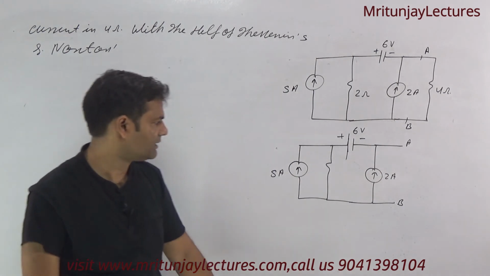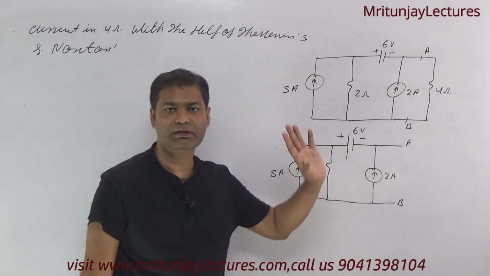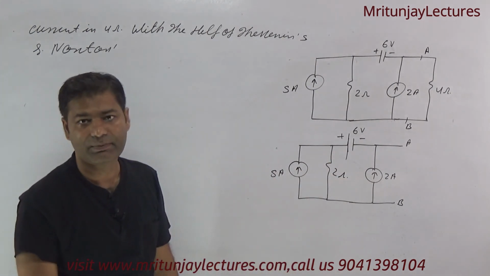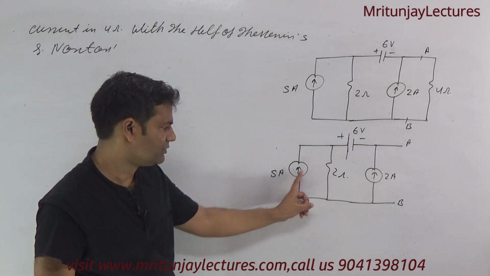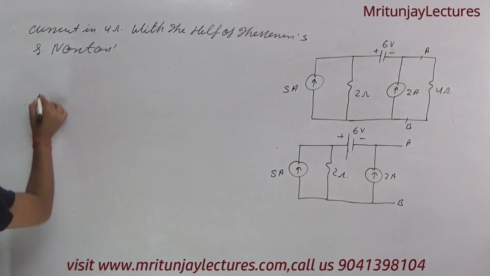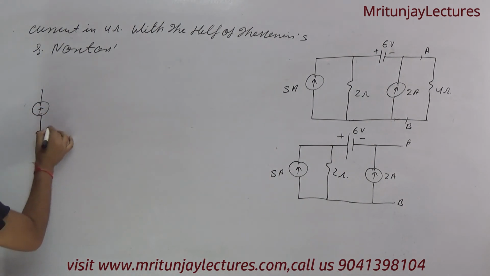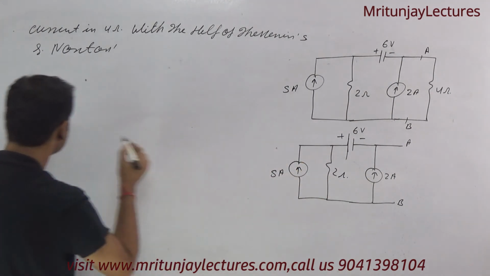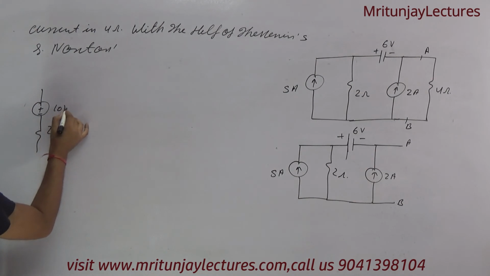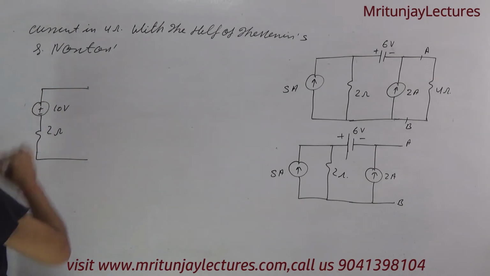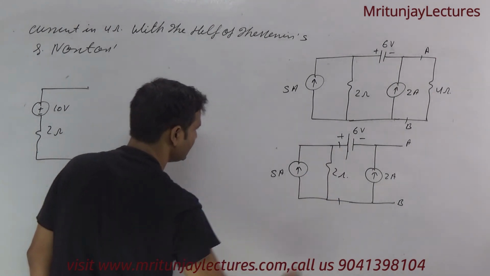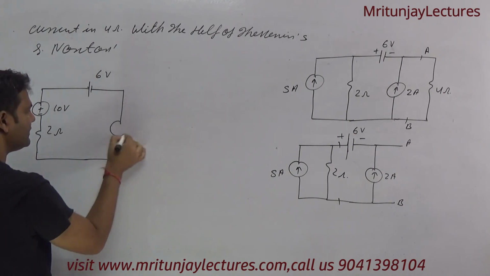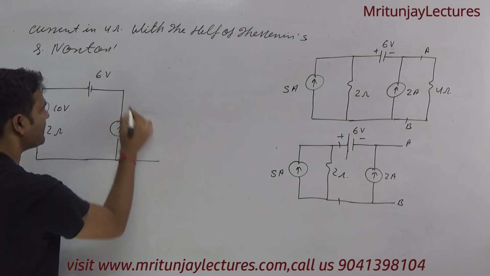Okay, so first of all, I know that this one is open circuited. Now I use source transformation: 2 into 5, that is 10 volt, plus minus 10, and that is 2 ohm. Clear? What about polarity? Decided by current direction upward, that is plus minus. So that is 5 into 2, 10 volt. After this one, plus minus, that is 6 volt, and here that is 2 ampere. Clear?